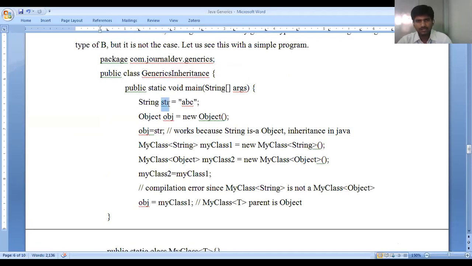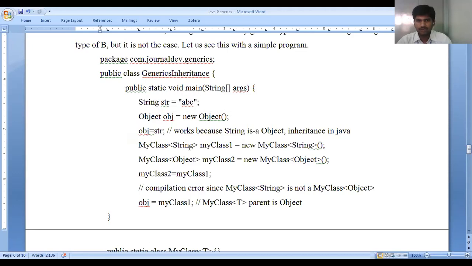A string str is equal to "abc", and then Object obj is assigned. So obj equals str. This works because String is an Object.